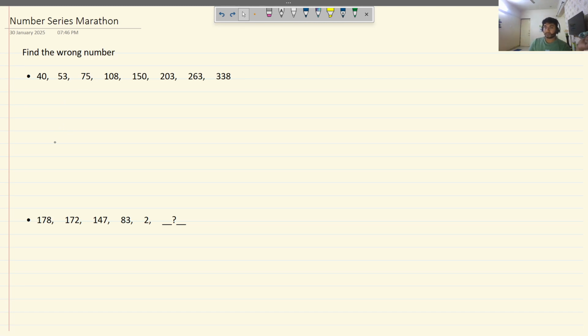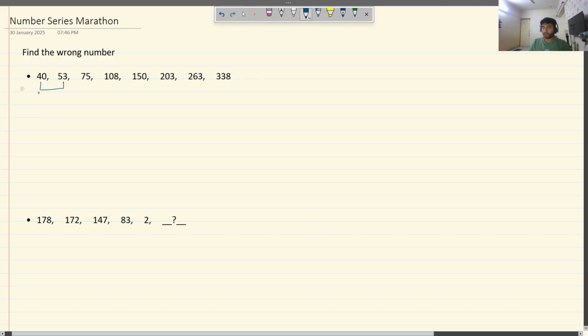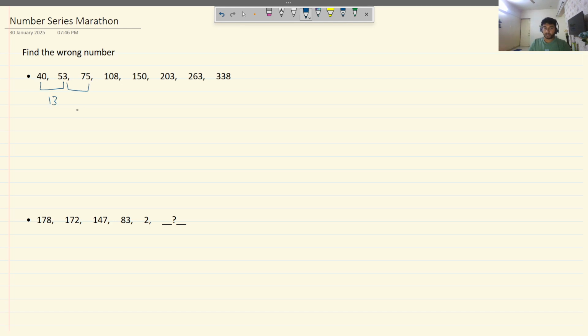Okay, so the first thing that we do in a number series question, if the numbers are looking odd to me and nothing is coming to the top of my head, is calculate consecutive difference. If nothing comes to my mind, the first thing that we do blindly is calculate consecutive difference, right? So the difference between 40 and 53 is 13, 53 and 75 is 22, 75 and 108 is 33,